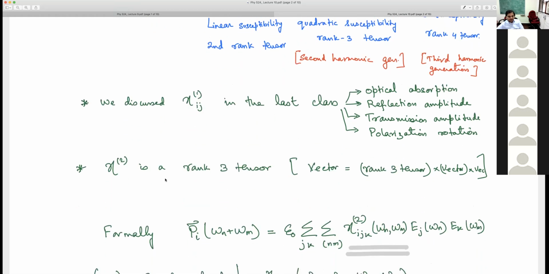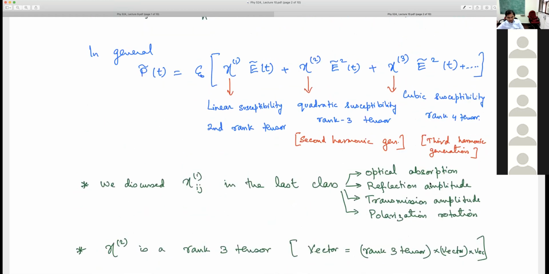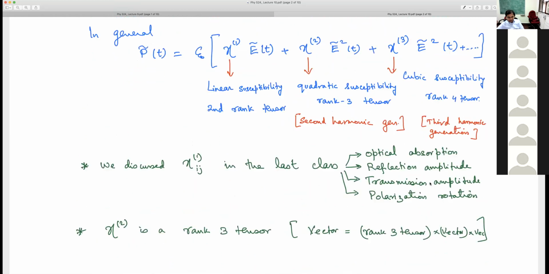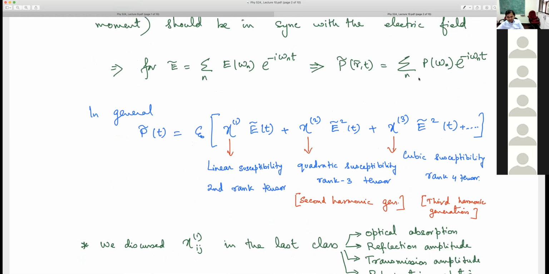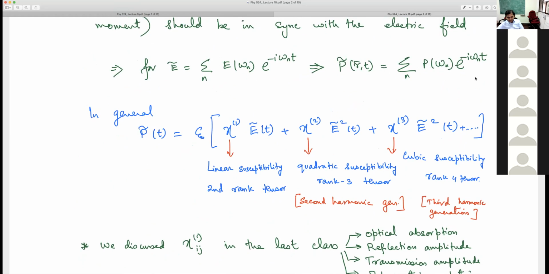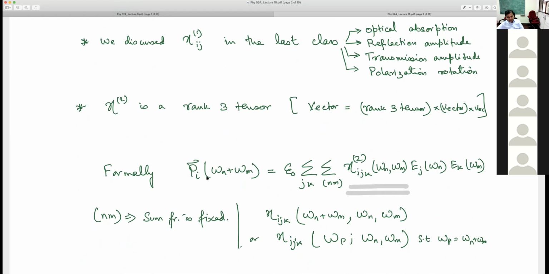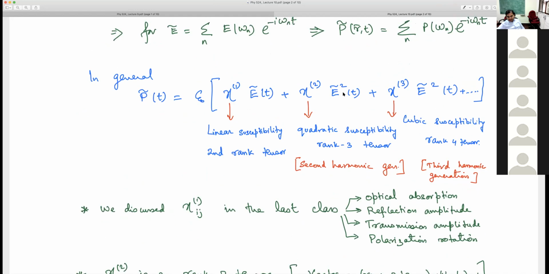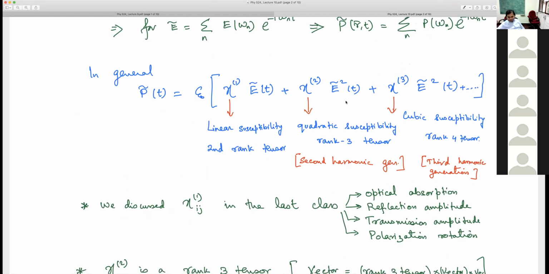Okay. Then chi2 is a rank 3 tensor. We just come from a statement that vector is equal to vector into vector. Then whatever connects it has to have 3 components basically. So it has to be a rank 3 tensor. Okay. So then if we just write each of these terms in this particular form, so I break down the frequency, etc. Then the P also I can write down as powers of electric field. So this is P2. So there should be a superscript here, P2, omega n and omega m. So each power of the electric field can have its own omega.